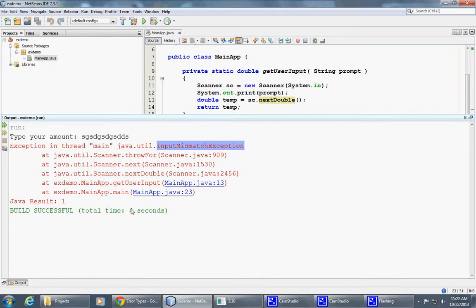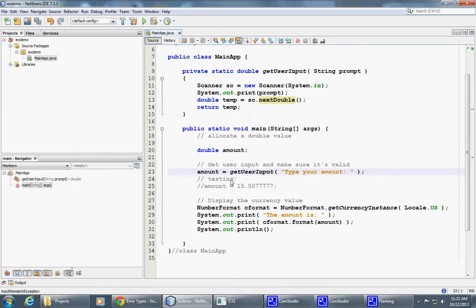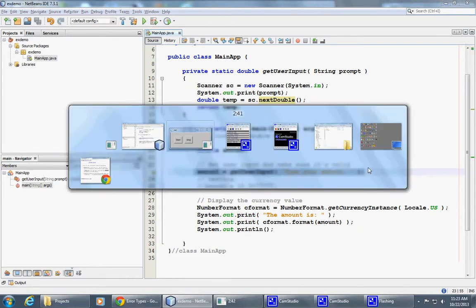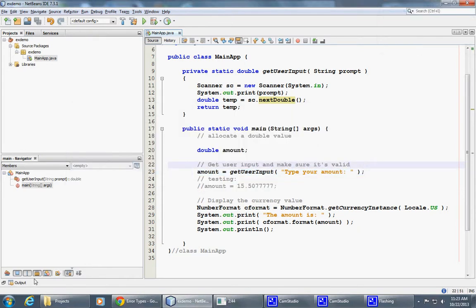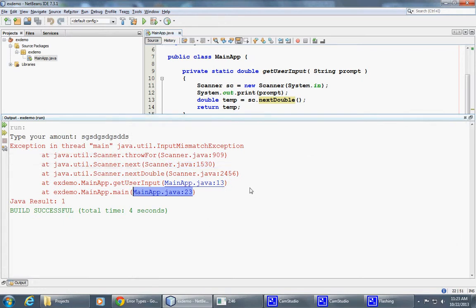trace for us. Basically, it tells us that starting in main Java, line 23, you can see where that is. Line 23 is right here. And starting from here, what took place was that, actually I need to display my output, right? What took place is that